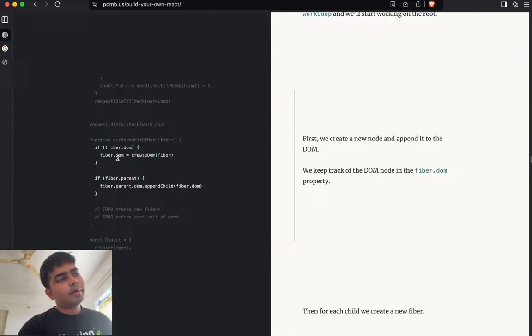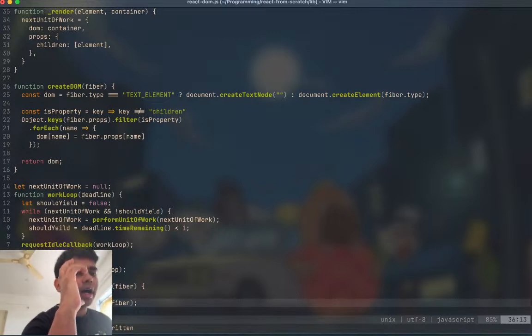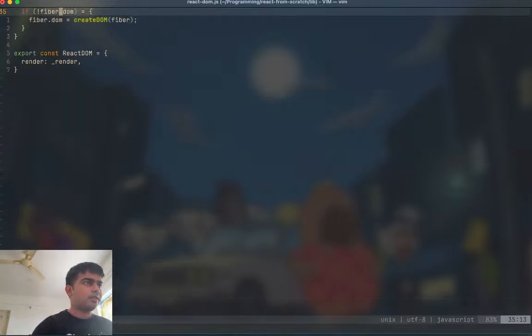Okay, so if fiber does not have a DOM, we create a DOM. If fiber.parent exists, fiber.parent.dom, okay. So this is not fiber. This is a part of fiber. Okay. So again, you are not able to look at this. So we go to the top and then the